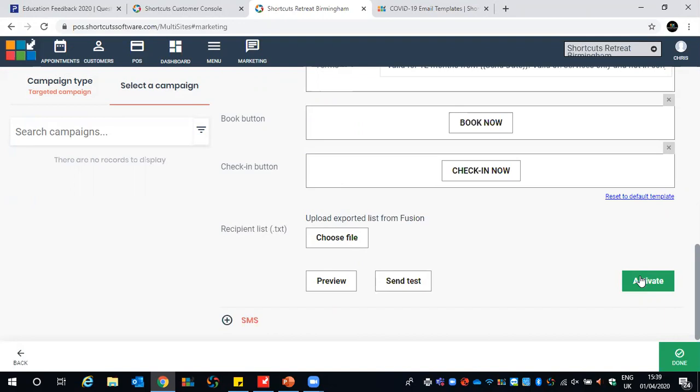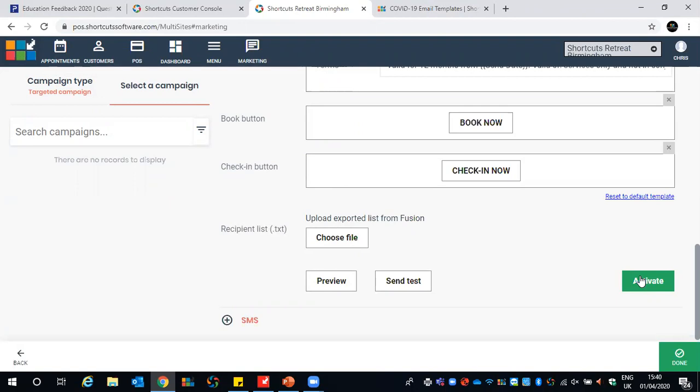So what I said about at the beginning was make sure you always create a discount code. And the reason for that is so you can track it on your return on investment. So essentially, when the client brings this campaign in, you can check them out at the point of sale screen, and you can use the correct discount code in order to do so. Now, I know somebody did ask me how to do it, and in a couple of minutes, I'm going to show you how to create the discount code.